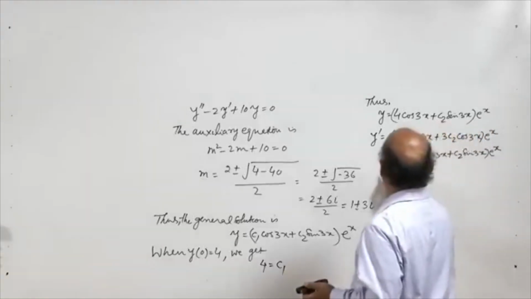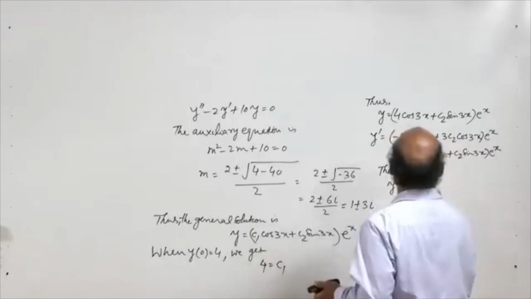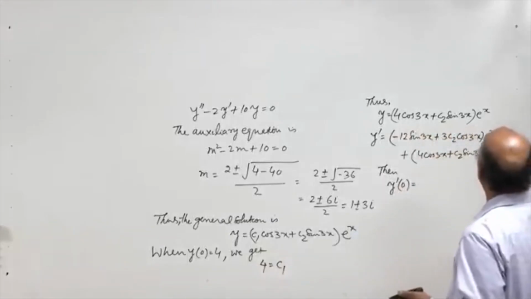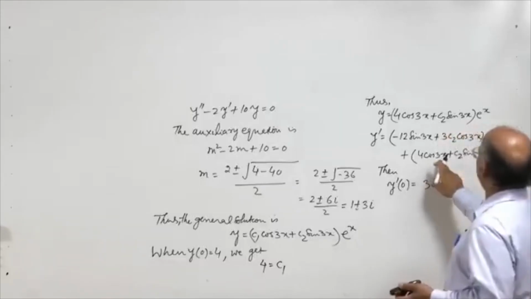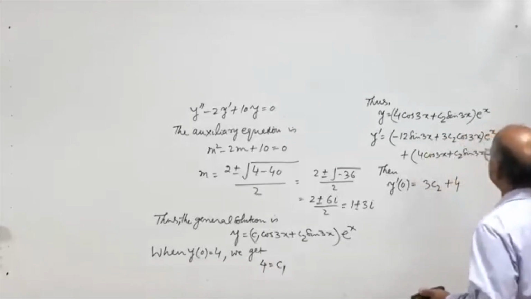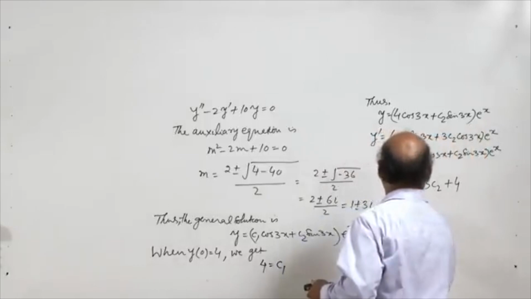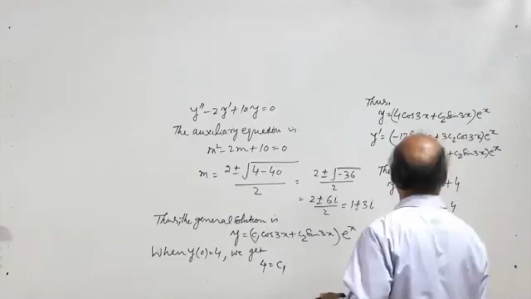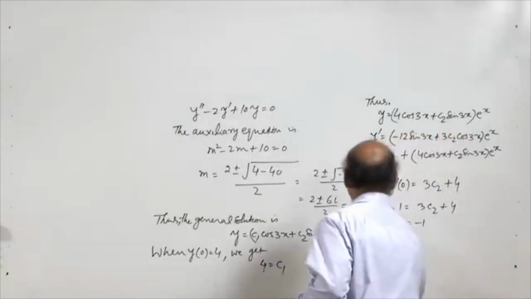Now, let us put x equal to 0 in this. So, when you put x equal to 0, sin 3x will be 0, cos 3x will be 1. So, we get 3C2, this is 1. Here when you put x equal to 0, this is 4, this is 0. So, 3C2 plus 4. Now, y dash 0 is given equal to 1. So, we get C2 equal to minus 1, and thus we have